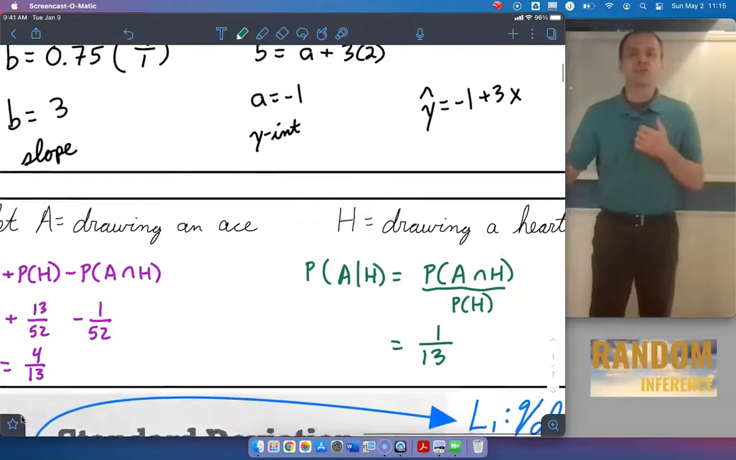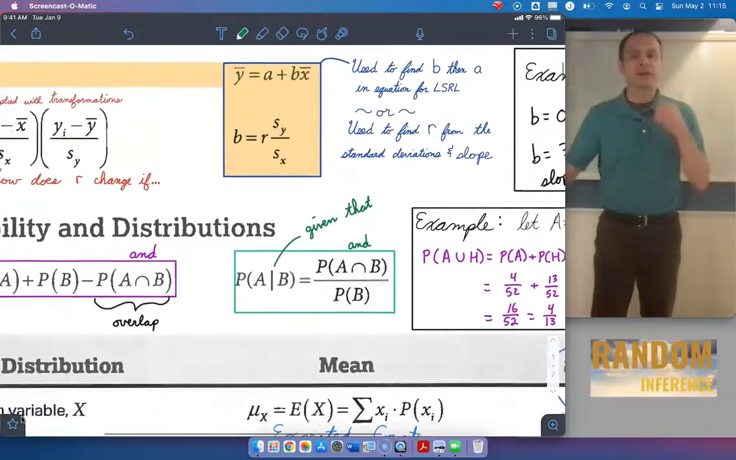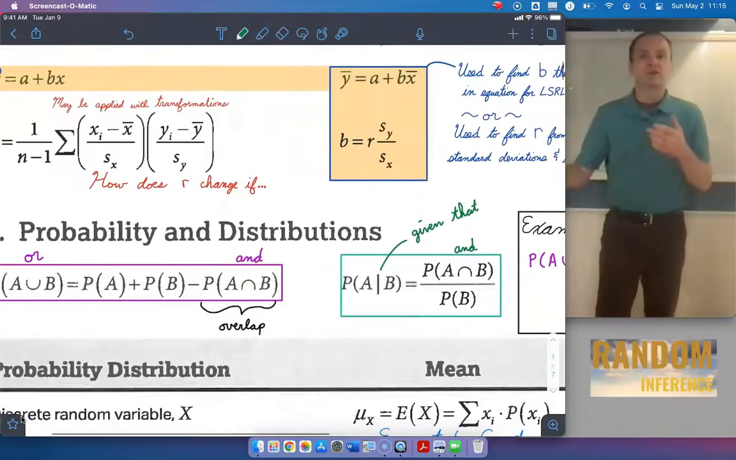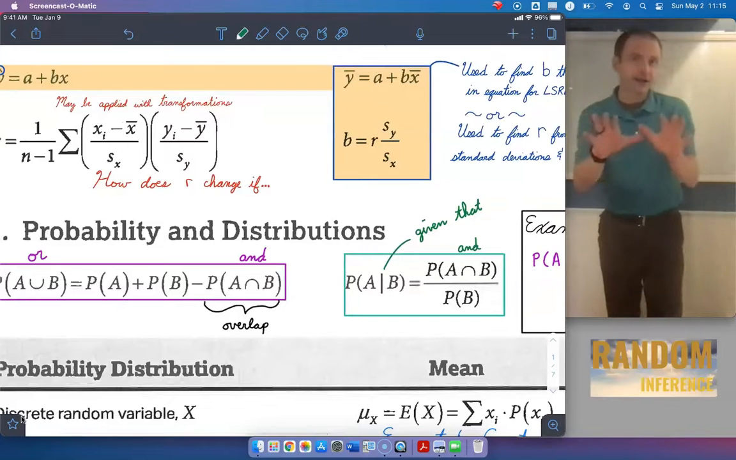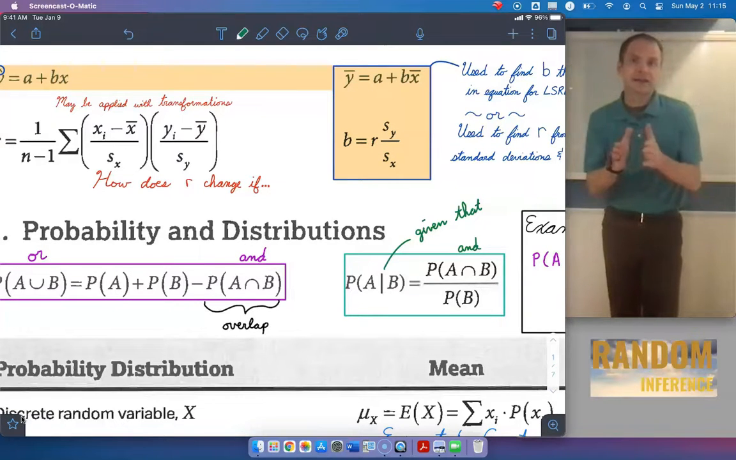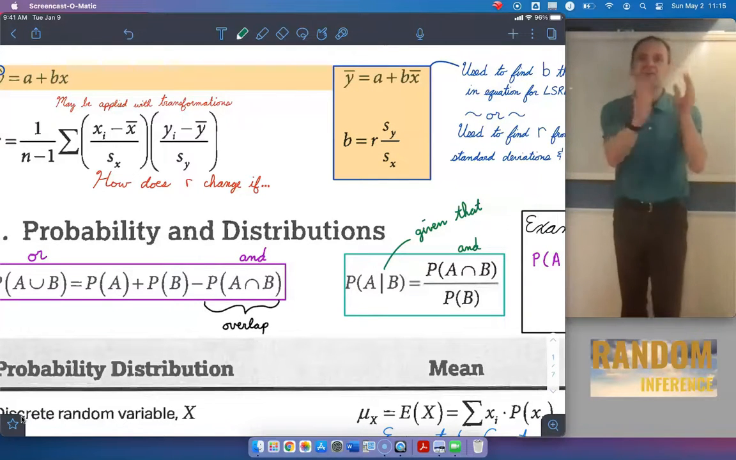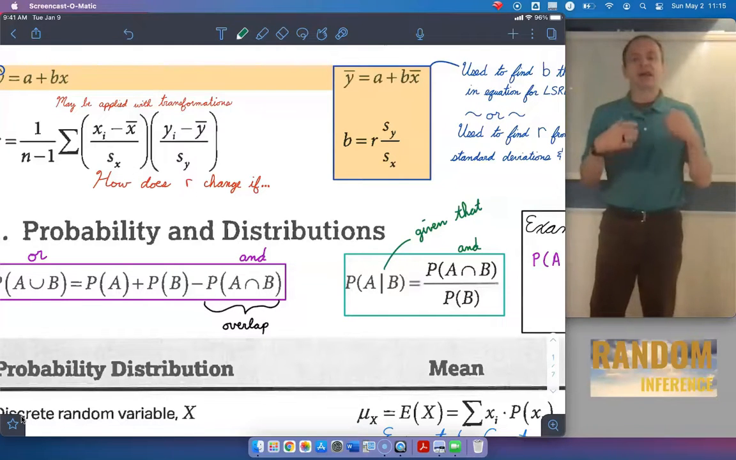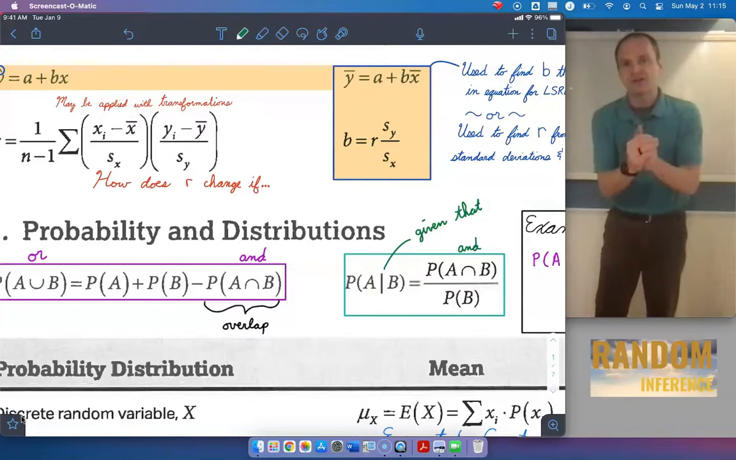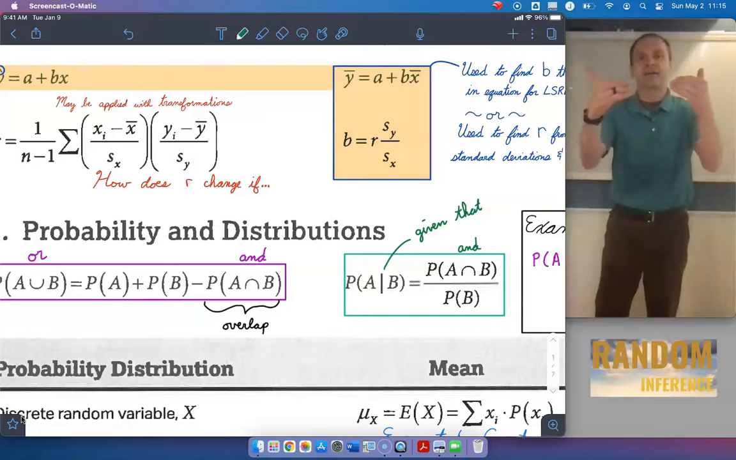So these are the two basic formulas when it comes to probability. It's the OR formula, which looks at the idea of taking the two events, adding them together, and subtracting any overlapping if there is, and you have the given that. Hey, event B has occurred. What's the probability of event A occurring given that B already happened? So that looks at the overlapping of them, the intersection of them, the and of them, divided by the probability